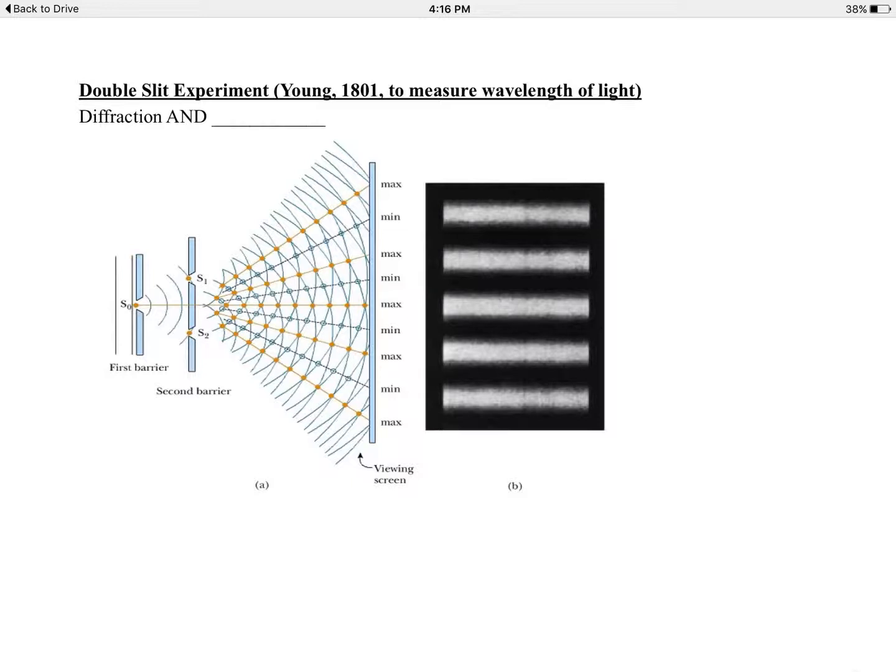Back in 1801, a gentleman by the name of Thomas Young did a pretty famous experiment called the double slit experiment to measure the wavelength of light. And this incorporates diffraction and interference to really explain this experiment. Now, we're not going to get into the math of this year, but bottom line is you have a source of light way over here on the left-hand side, goes through an opening, you have some diffraction here to begin with, but then you have these two slits, S1 and S2, where the light goes through those two spots,